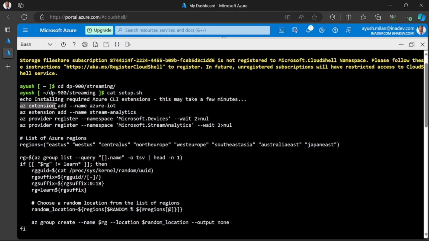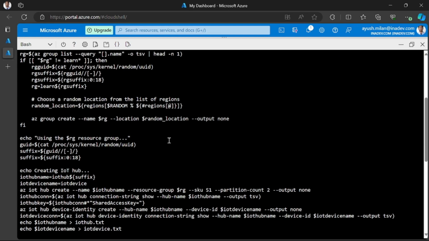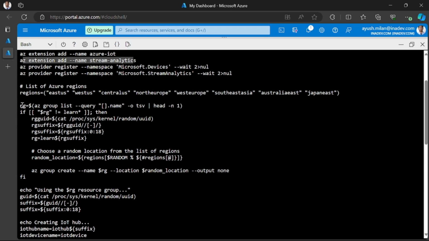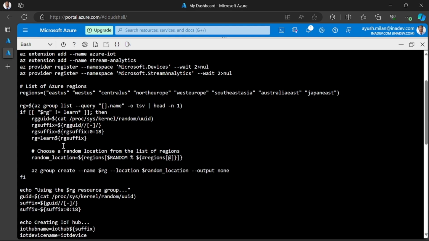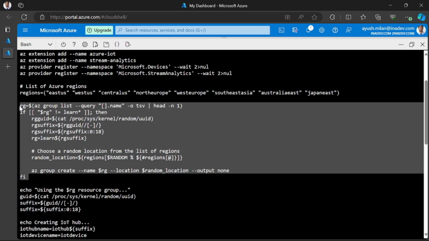Okay, so this will first add the extension named Azure IoT, then add another extension, Stream Analytics, then the Azure provider Microsoft Devices, and then it will create a resource group for it, and it will choose any region from this list. Then here is an if command. If the resource group exists, then it will choose a random location and create an Azure resource group in it with the name. So this is the whole command to create a resource group